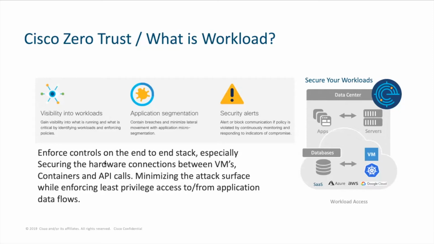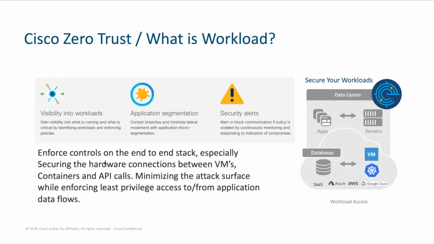Then it allows me to essentially say, do I need to segment those particular applications, or if something did get compromised or is doing something wrong, do I have the capability of containing that? Okay, so now that I've looked at the workflows and I can see that an application is reacting the way it should, or if it isn't, do I have the capability of containing it? And then getting the alerts and communication. If a policy is being violated, what am I doing about it? How am I going to fix this? Or do I have the appropriate people to be able to look at that stack and correct that compromise or contain that segmentation?